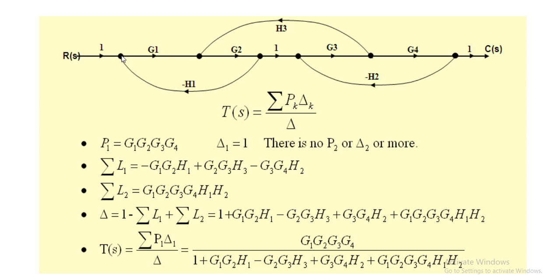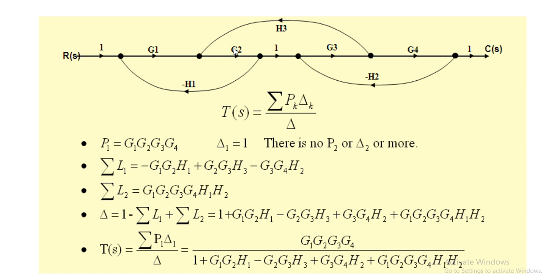So if you see the individual loops, the first individual loop is this one. Here I have directly solved, but see how I am going to solve this. So this is the first loop. What do you mean by loop? Starting from the same node and ending at the same node. So it is starting like this, like this, like this. So this is the first individual loop we can say, and the gain of this individual loop is G1 G2 minus H1. So it is minus G1 G2 into H1, the gain of the first loop. So this first summation is nothing but the first term in that delta equation.